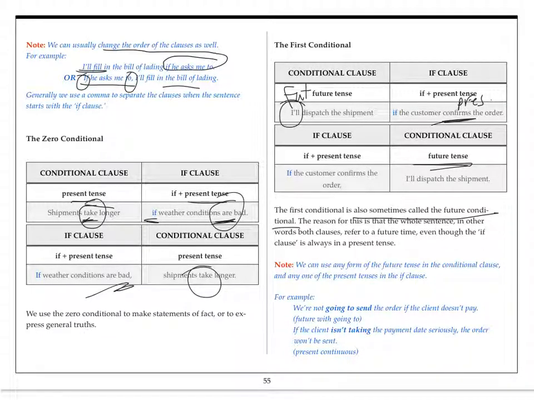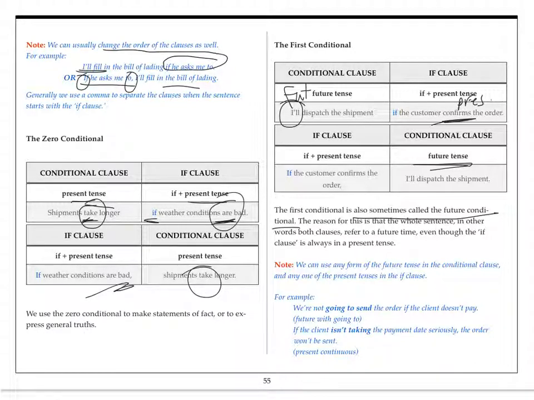Another reason for that is that the whole sentence, both clauses, refers to a future time, even though the if clause is always in the present tense. So with conditionals, don't think of the verb tense as indicating the time: present, future, past. The verb tense does not indicate the time. You have to consider what time the whole sentence is a reference to, because the clauses use different